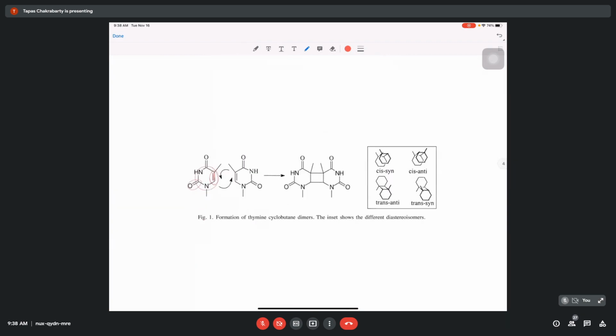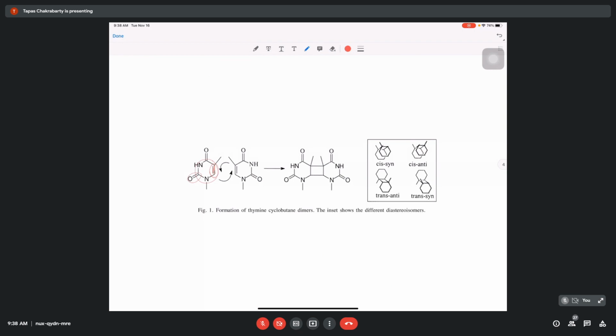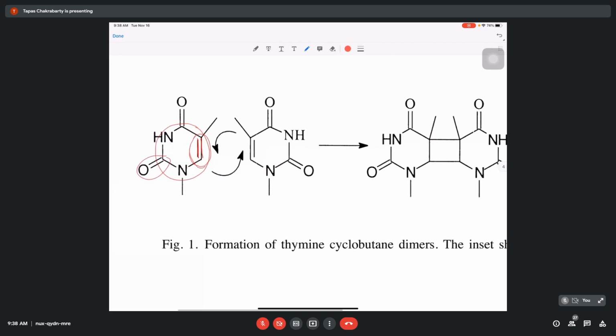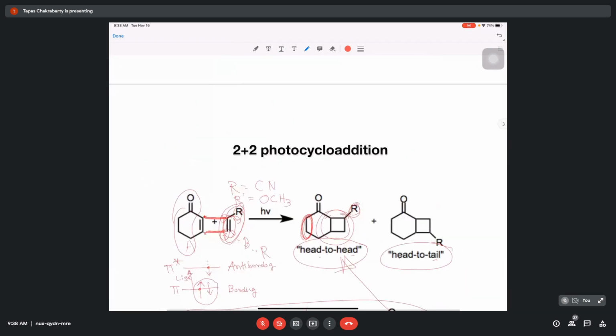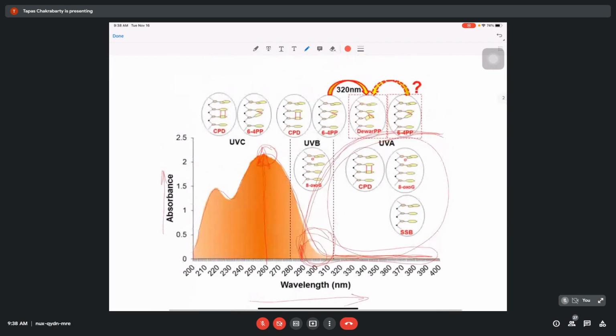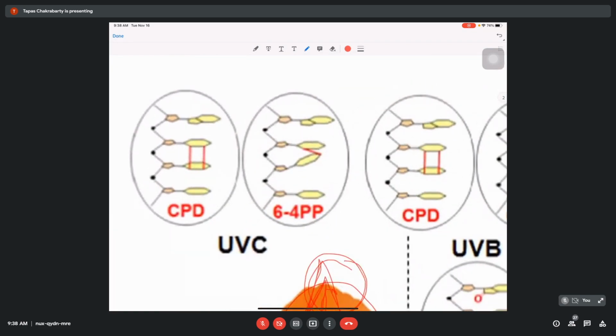You come to this thymine derivative. It has similar kinds of structures: in thymine, you have a carbon-carbon double bond here and again a carbon-carbon double bond here. And what happens in the DNA bases, that is, the nucleic acid? This is the situation that has been shown again in terms of this cartoon diagram. You see that these are basically the base molecules on the nucleic acids, and of course you have this backbone.